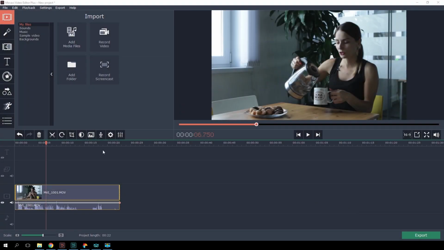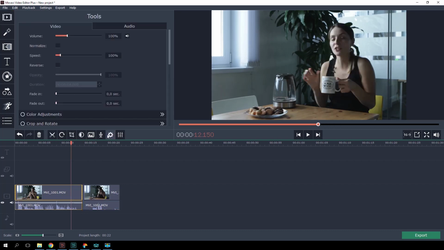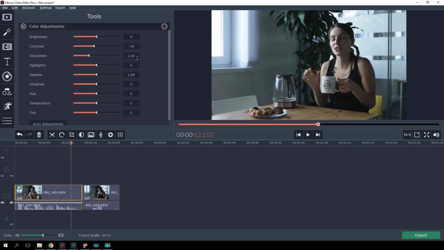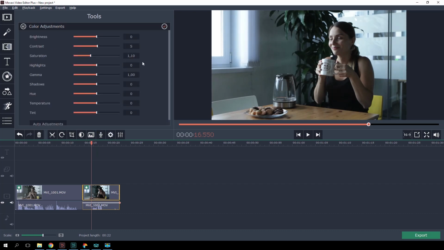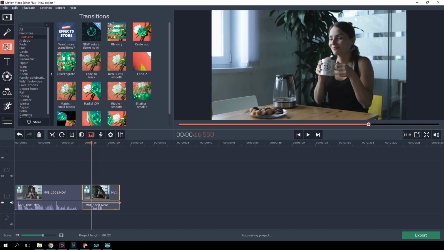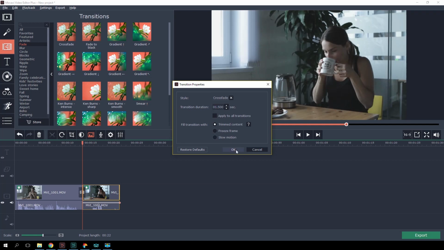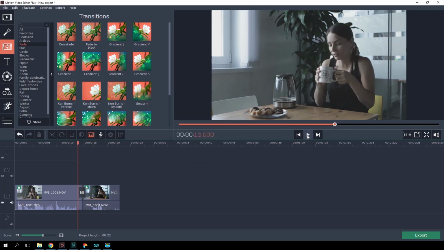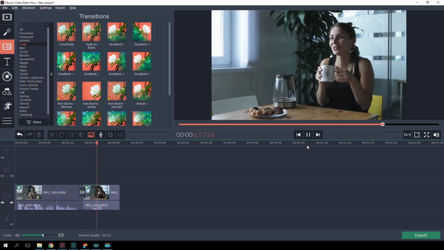And here is how we made an example earlier. We cut the clip in half at the point where the situation changes. The first part is gray, dull, and depressive. And then the right side is bright and cheerful. Apply a smooth transition between the two and adjust its duration. That's so much better.